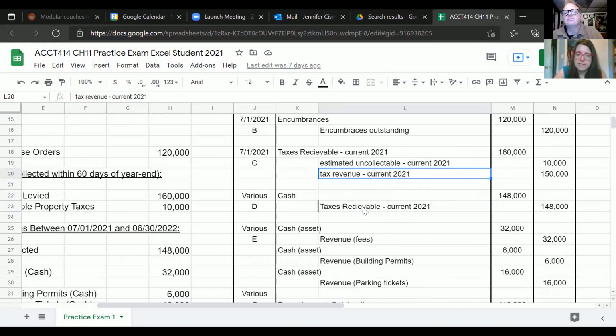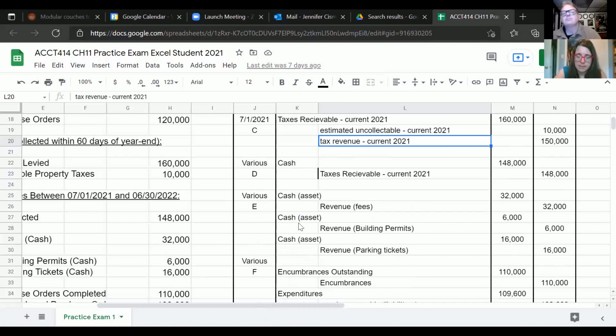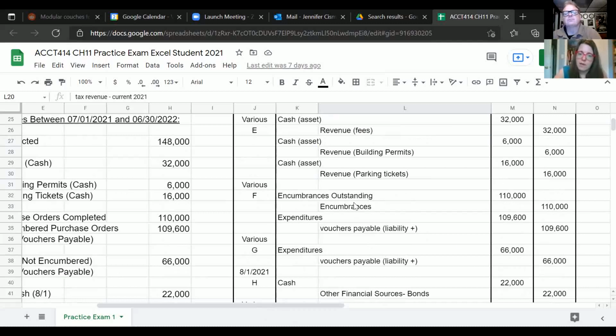Cash is, and then taxes receivable, so the amount collected for Part D. And then for E, we've got the cash that comes in for the revenue for the fees, the building permits, and the parking tickets. And I separated those out just for clarity's sake. F, we've got encumbrances outstanding, debited, and then credited is encumbrances. And then expenditures are debited and vouchers payable are credited